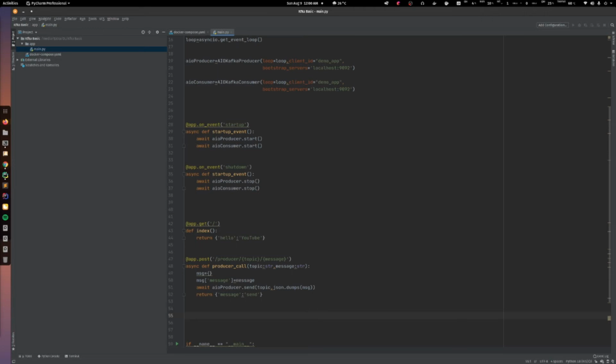Now I need to design my consumer. So similarly, I am using app.post, and I just change it to consumer.